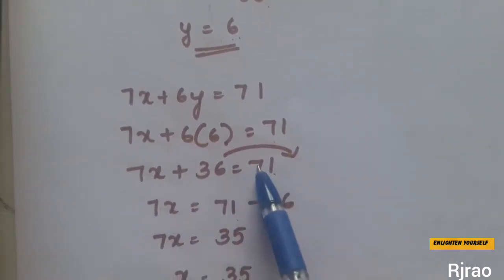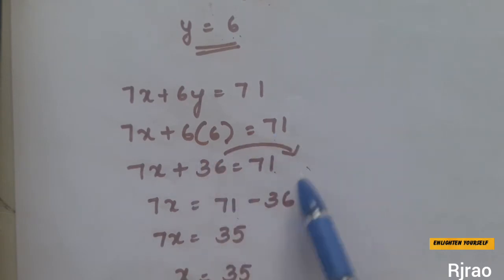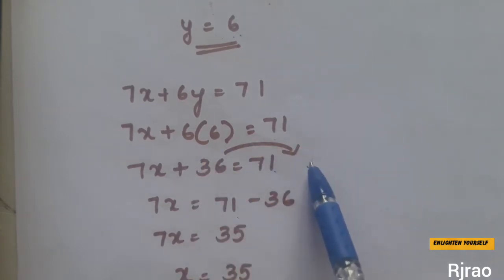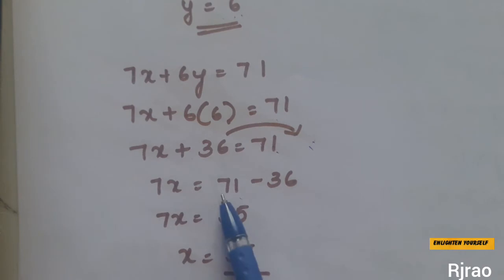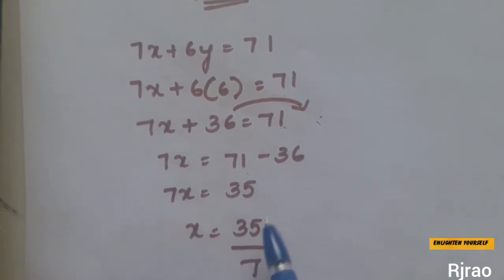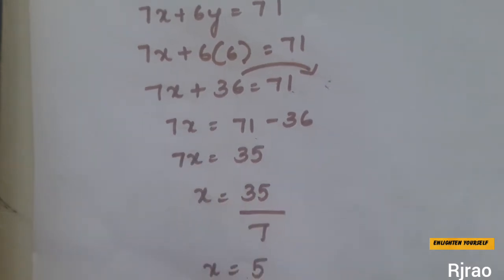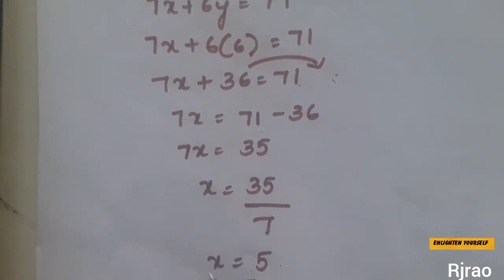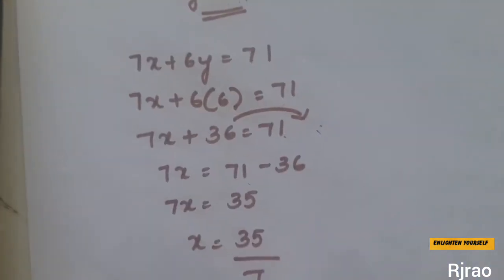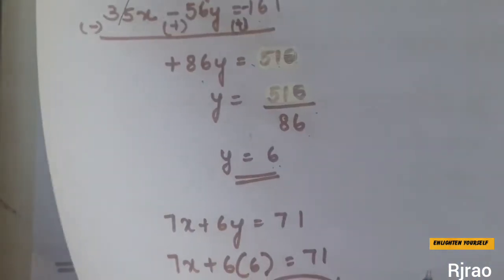7x is equal to 71 minus 36. When we shift this 36 to the RHS, 7x is equal to 71 minus 36, which is 35. So x is equal to 35 divided by 7. We will get x is equal to 5. So this is how we can find it by the second method. The next method is